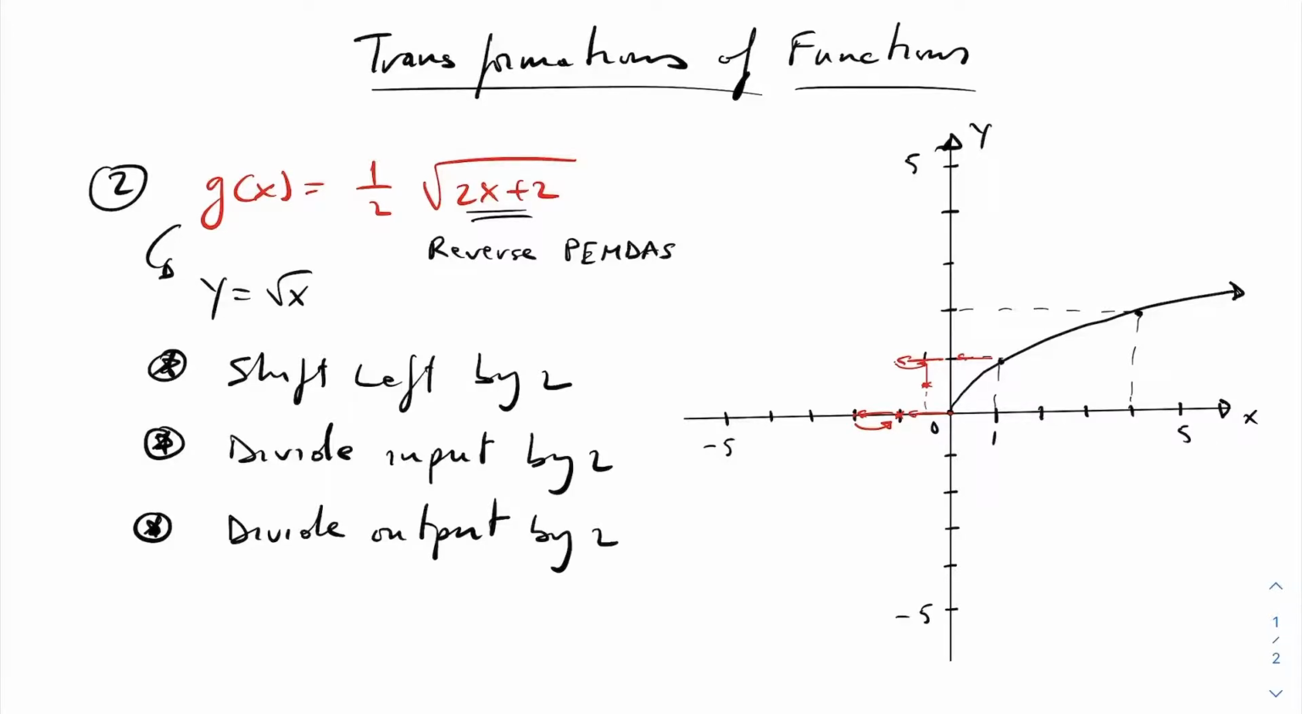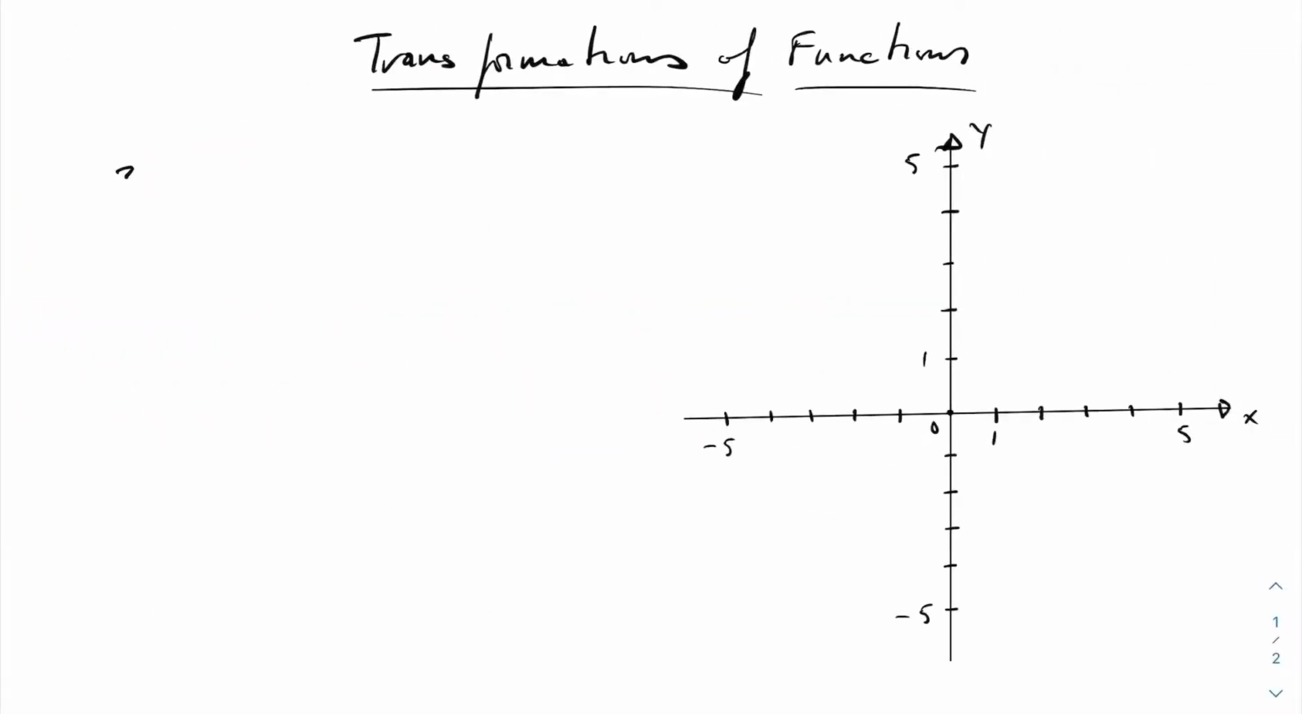Next, we're going to modify the point 4, 2. Moving that point 2 units to the left will give us the point of coordinate 2, 2. Then dividing the input by 2 will give us the point of coordinate 1, 2. And finally, dividing the output by 2 will give us the point of coordinate 1, 1. And so connecting those 3 points would give us the graph of the function g of x, and you will be done. Our next example here is the function h of x equals negative 2 in absolute value x